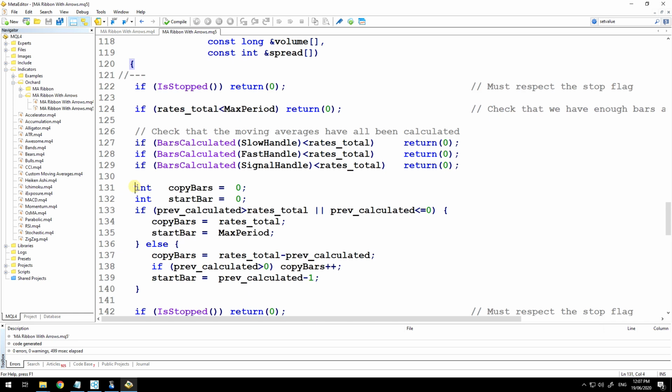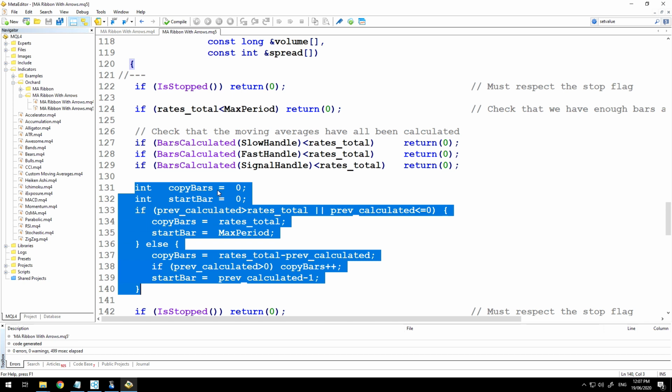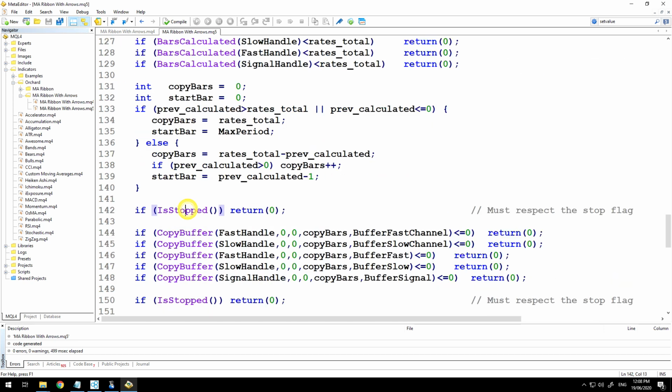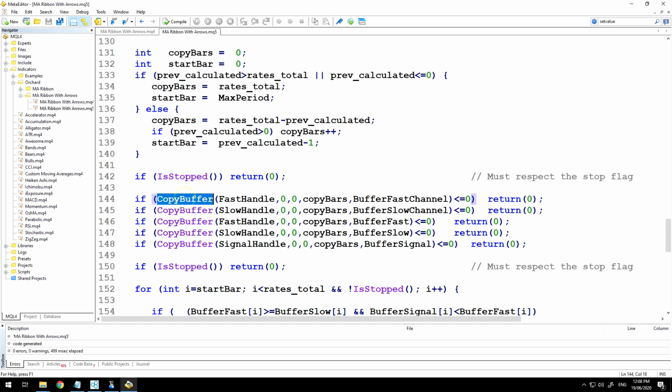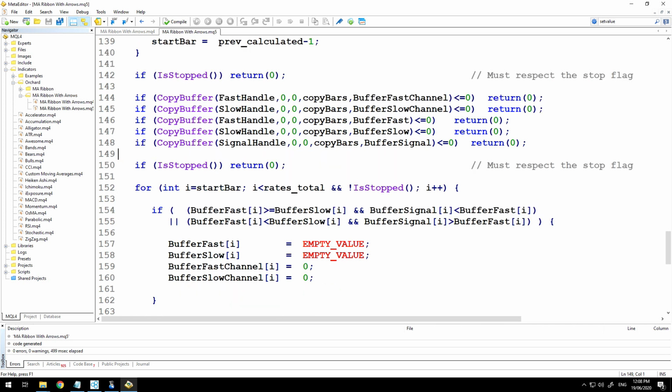And then in this section, I'm setting the number of bars to be copied into the buffers and which bar to start with for those. Another check for is stopped. And then this is where I'm copying the buffers from the indicator handles into the appropriate buffers. Then down here is where I'm doing the calculations to determine what to display. So I'm looping through based on the start bar that's calculated above, and what I'm saying in these statements effectively